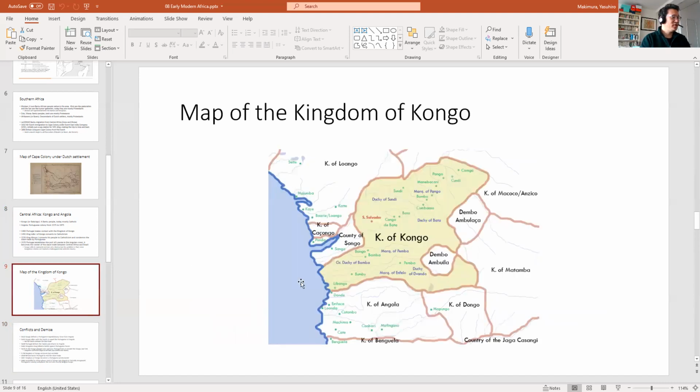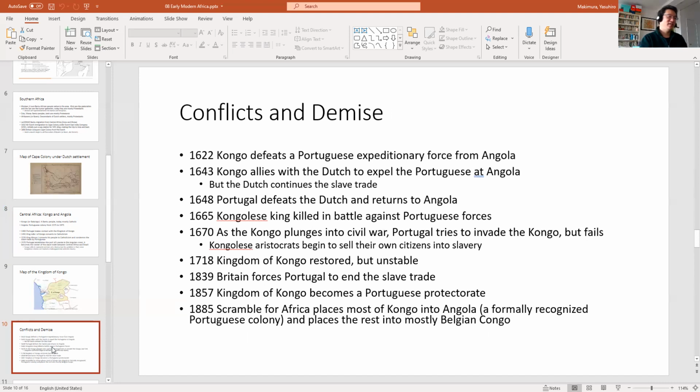The Portuguese had set up shop in Luanda, which I said earlier, and Luanda is right here. And it becomes a center of the slave trade between Central Africa and the Americas. In terms of the number of slaves shipped over to the Americas, something like 40% or 45%, just under 50%, are shipped out of Congo and Angola, right, out of Central Africa. It just shows you how busy the Portuguese were in selling slaves.